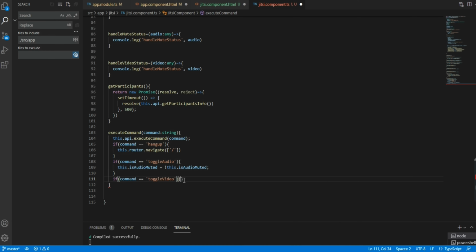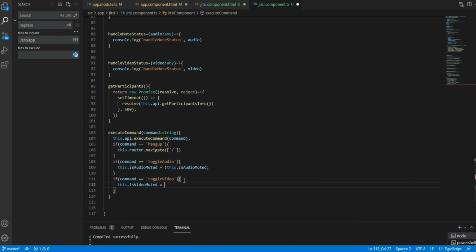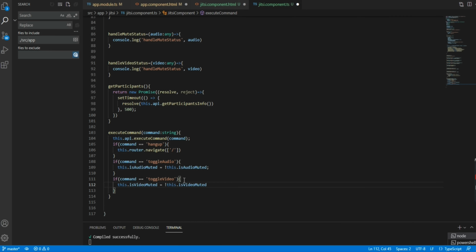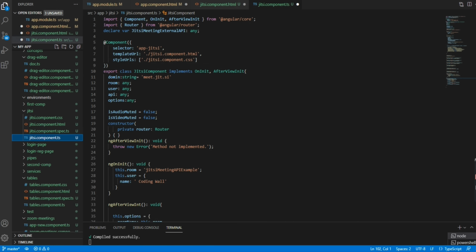If toggle video, then this dot is video muted.